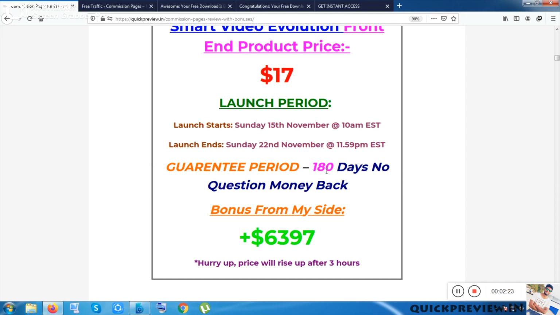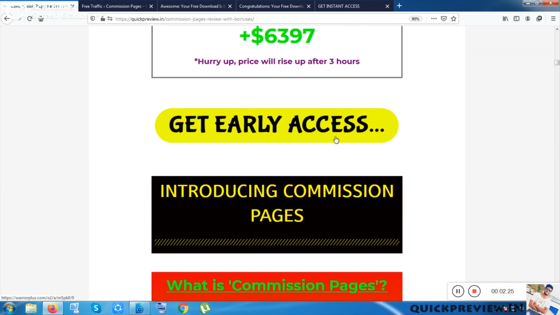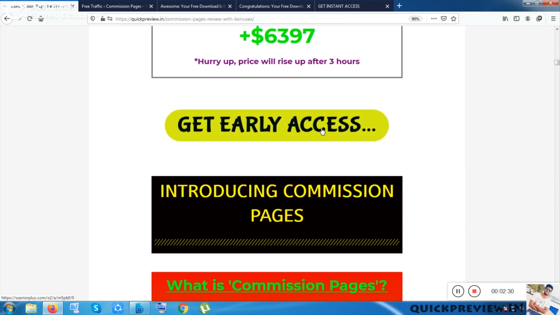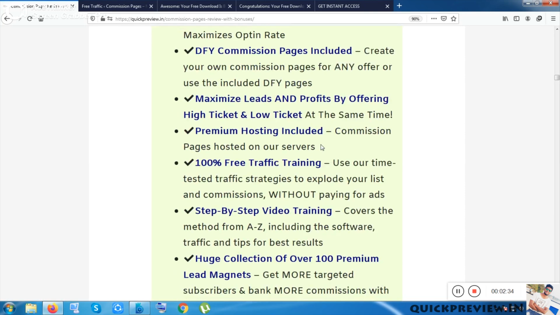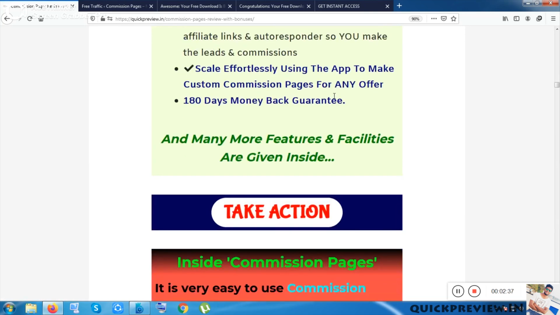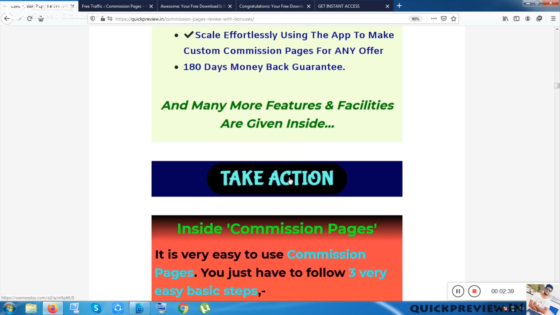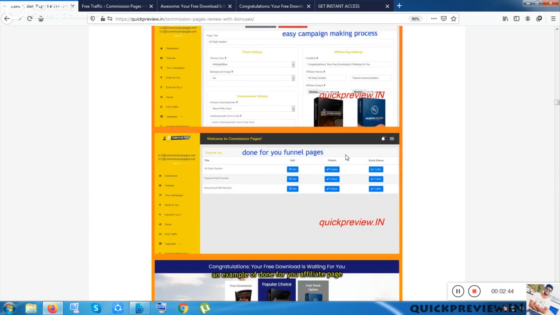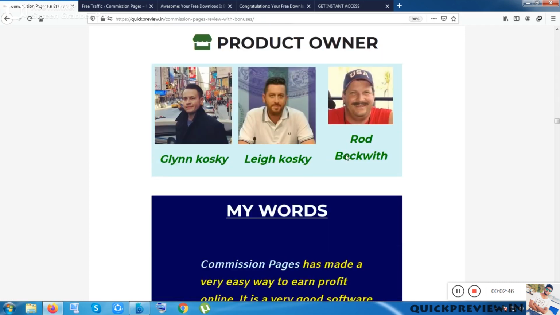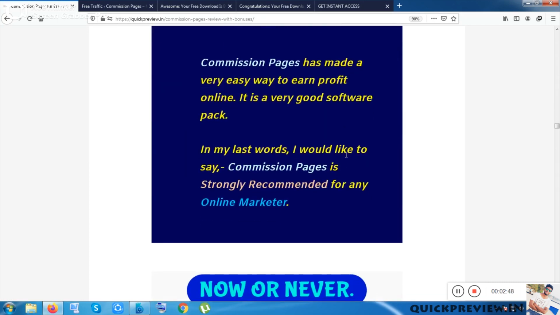Okay, so this is a button by clicking which you will be redirected to the software and also the bonuses. Okay, so I have just explained here what are the main features. Okay, what is this software, and also given both buttons to get you the bonuses and the software also. So this is the inside view. So now let me show you the bonuses which I want to crazily show you.